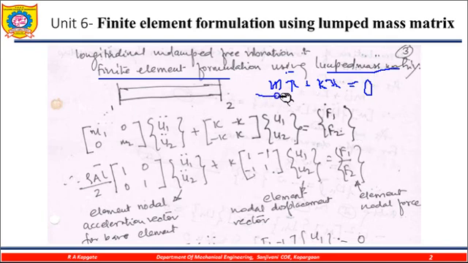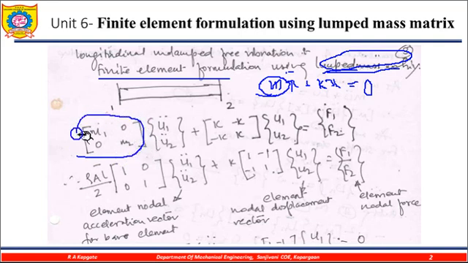Now for the mass, I am considering the lumped mass matrix. So for the lumped mass matrix, first of all I need to write my mass matrix. So I am writing my mass matrix like this. The total mass is not considered here. Instead, it is considered at the two nodes. So it is divided by 2, that is m by 2. We have considered m by 2, but here we are writing this as m1 and this as m2, and that is equal to the mass matrix.